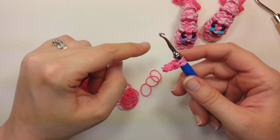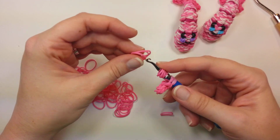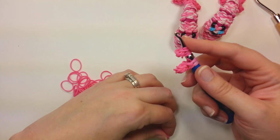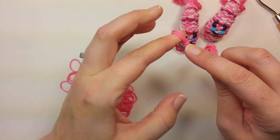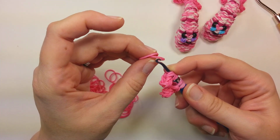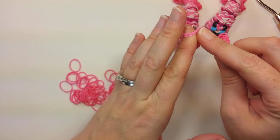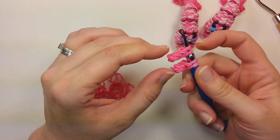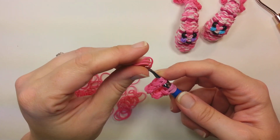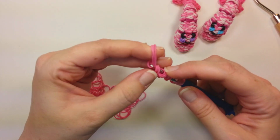And we're going to do that same thing 2 more times. So 3 bands on the hook, wrapped around, pull through 3 bands, pull through 3 more, and then 2 bands, doubled, and pull them through. So I have 2, and I need 1 more. 3 bands, doubled, pull through 3. It's a little squishy now on the hook, so